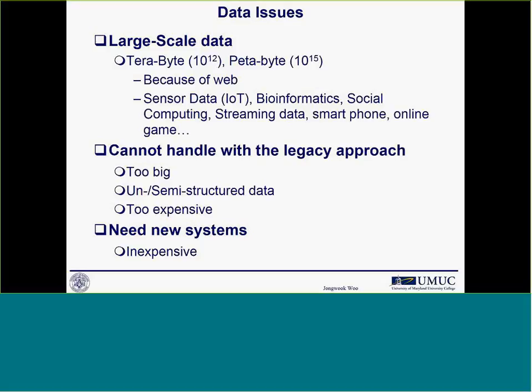You are not sure how much insight you can find by spending that much money. Because those data we normally threw out before, but now you need to use them to find some insight. But how do you know how much insight, how much value you can find, right? So you may not want to spend millions of dollars for this. We actually need a new system that is not expensive but can handle this massive data set in the format of unstructured or semi-structured.